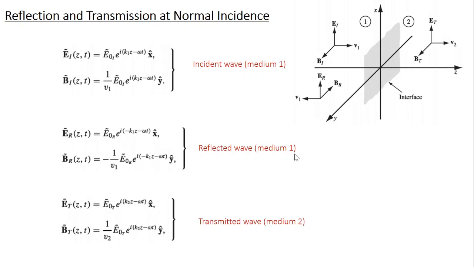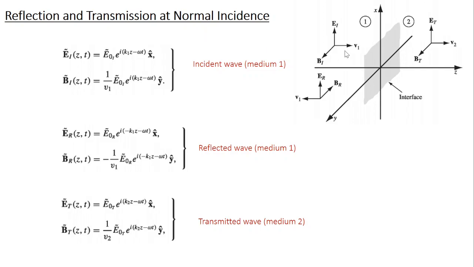Today we are going to analyze reflection and transmission occurring at an interface between two linear media using electrodynamic boundary conditions. So assume that you have two linear media 1 and 2 and there is an interface between them, and the wave is traveling along the z direction and the interface is along the xy plane, perpendicular to the z axis. And for ease of analysis, let's assume that the wave is incident at 90 degrees with respect to the interface. So this is the case of normal incidence.